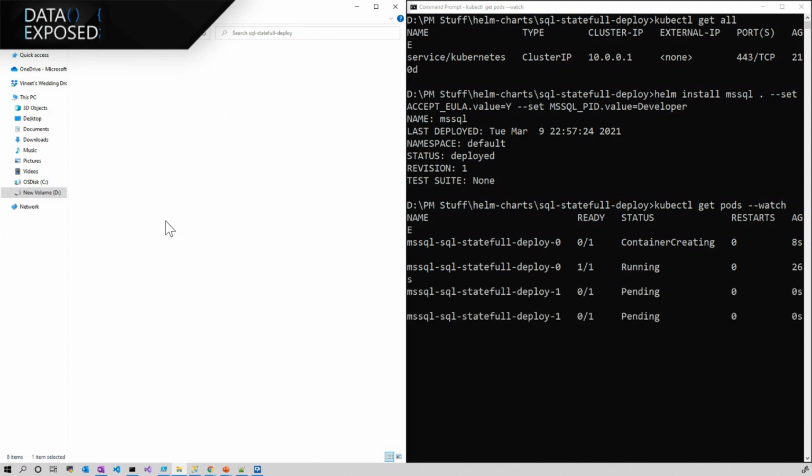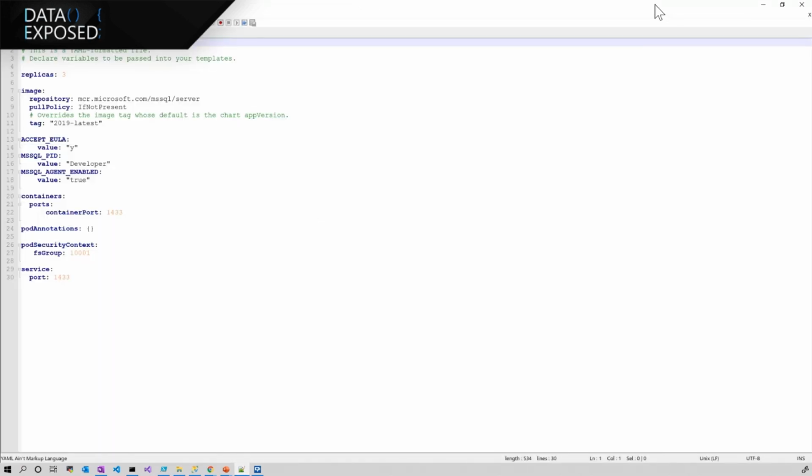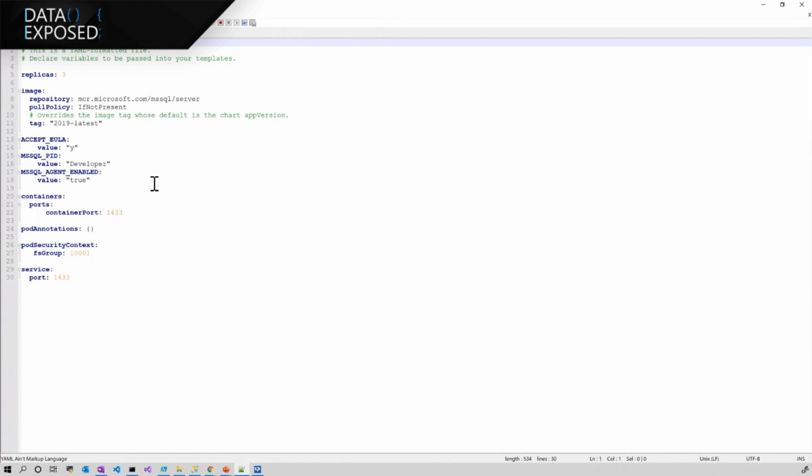We have templates created here. So you can see one of the containers already running. Wow, one of the SQL Server instances already deployed. And here are some of my deployment files. Now, I'm not going to go too much in depth on the deployment file, because that's going to be another topic in itself. But while the second container is coming up, let's just quickly take a look at the current deployment YAML file.